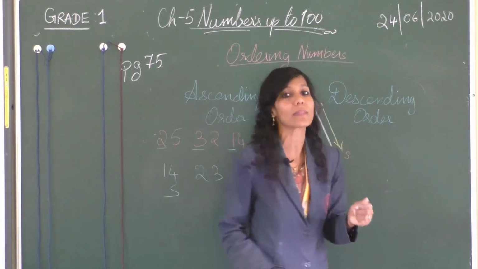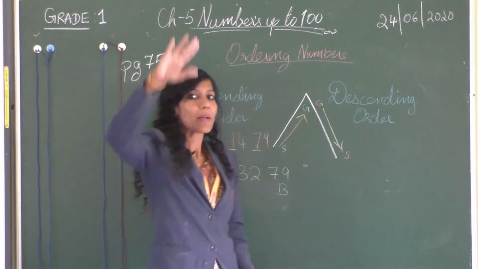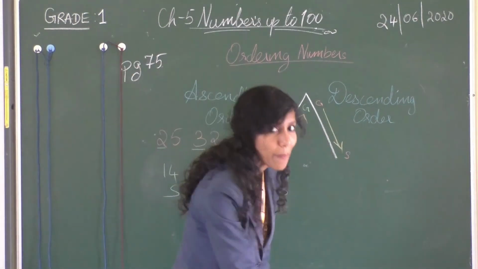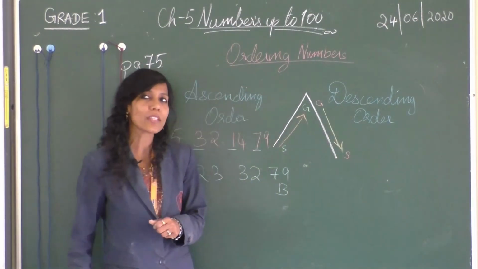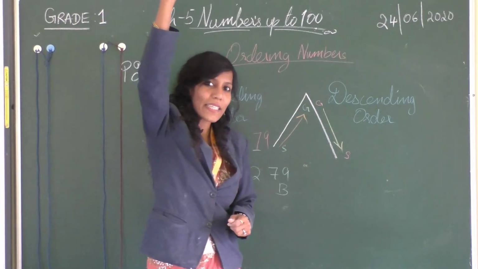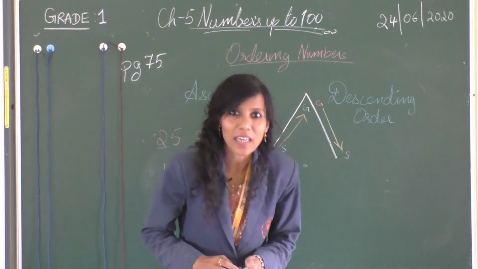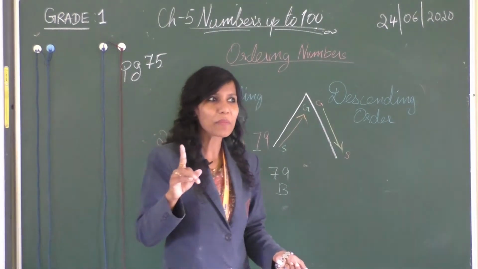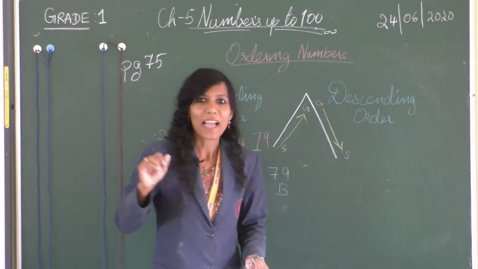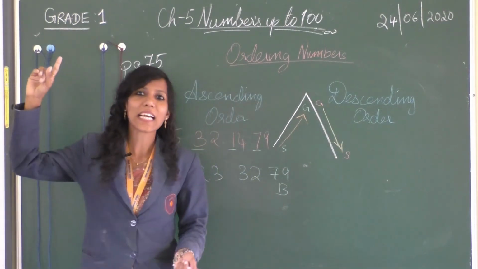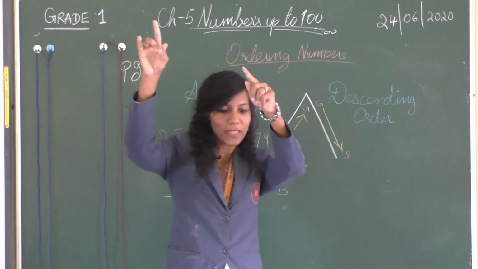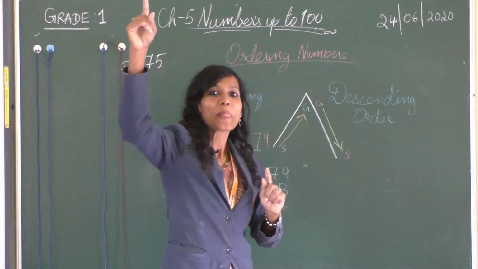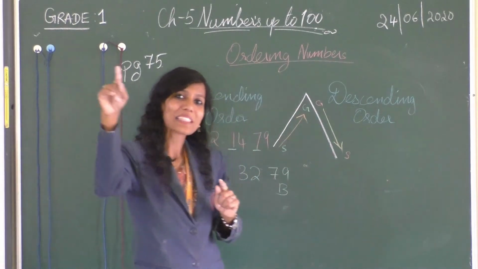Let's do descending order. Descending order is what? From the big height of the mountain you come dash down, there completely down. That is descending order. So from top, falling down. Have you ever fallen down from somewhere? I remember when I was small, I was climbing up the stairs. Suddenly my leg slipped and from top down there. So I did the descending order in my steps.